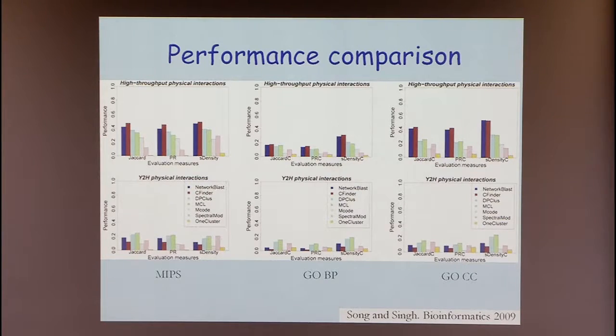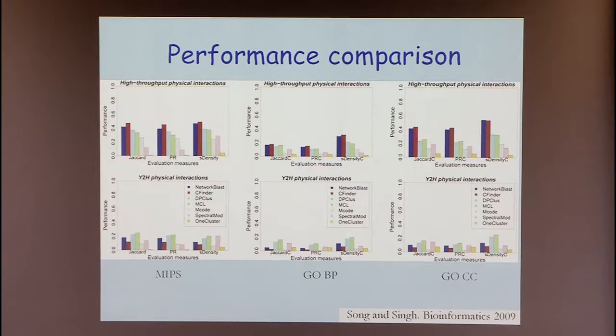And then they did a second evaluation only on binary networks, so only on networks composed of binary protein interactions that were derived from yeast two-hybrid assays. And here you see a bunch of algorithms that are being evaluated. We talked about some of them. So Network BLAST is the first. Then we talked about MCL. We talked about ENCODE. And this is the algorithm of Newman.